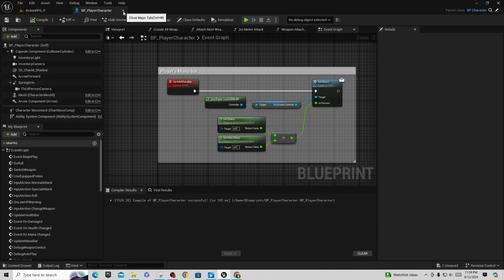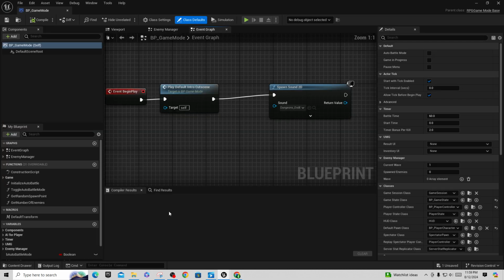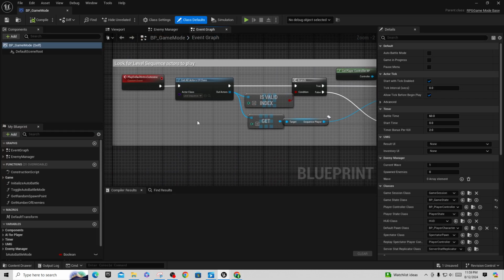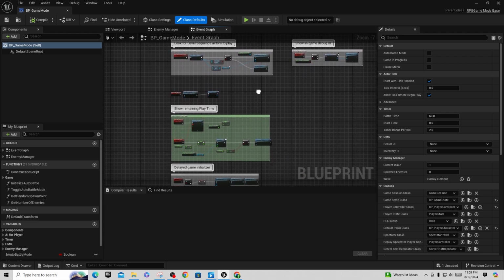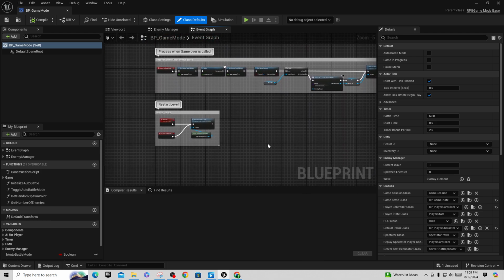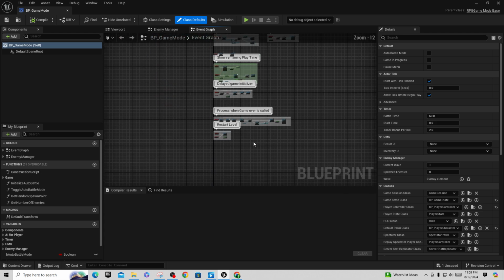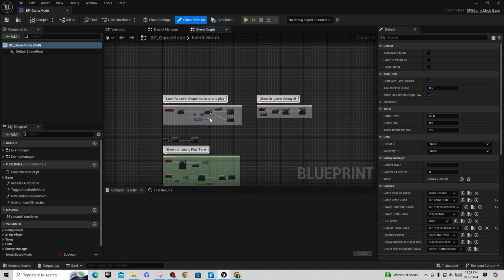And there's another set of blueprints in here under your BP game mode. BP game mode also has your level sequence actors, your remaining playtime counter, and your game initializer. Whenever the game's over, restarting the level, all that stuff's managed in here. So what we're going to do again, like I said, we'll go through and we'll match some of that stuff